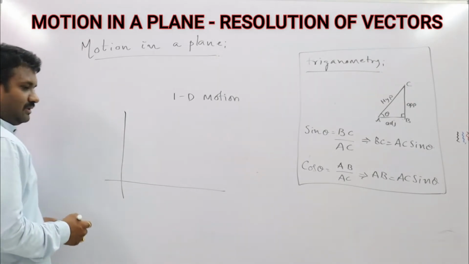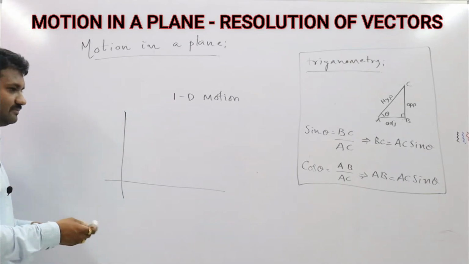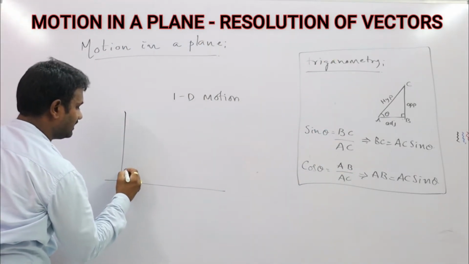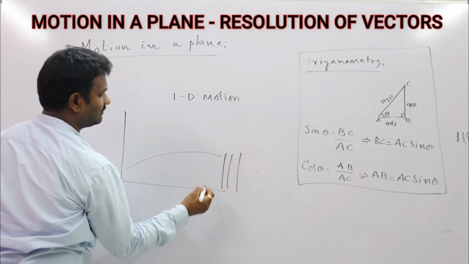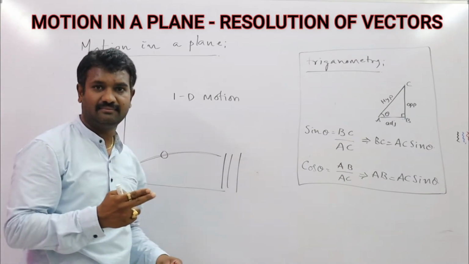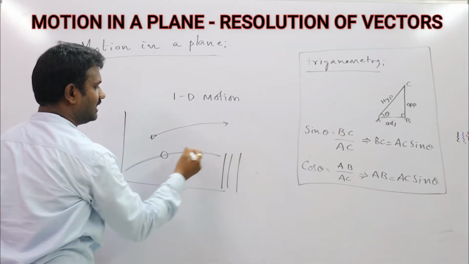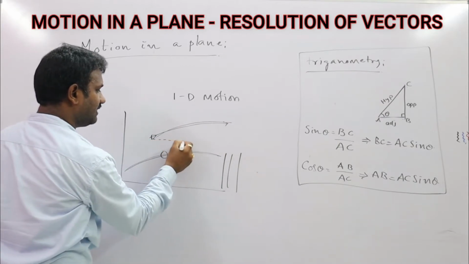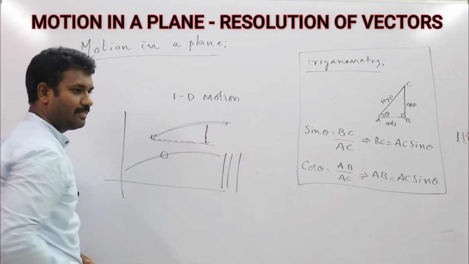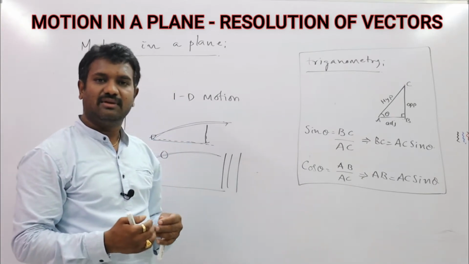Now, let us see some more examples of motion of an object along the XY plane. If I throw the ball like this, the ball is moving like this. If this is a wicket, the ball is said to be moving along the XY plane. If I fire a gun, the bullet moves like this. It is moving along the XY plane because it has displacement along the x-axis as well as along the y-axis. Whenever the displacement is there along the x-axis and y-axis, we say the body is moving along the XY plane